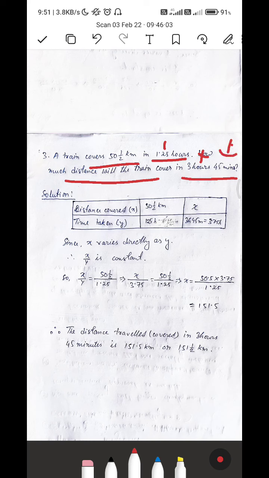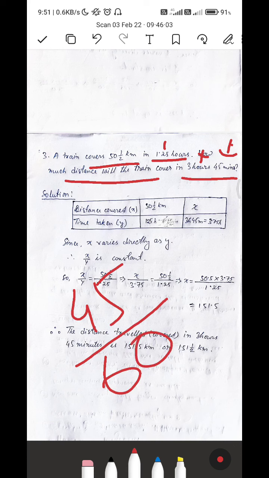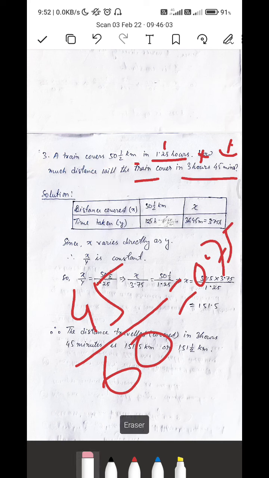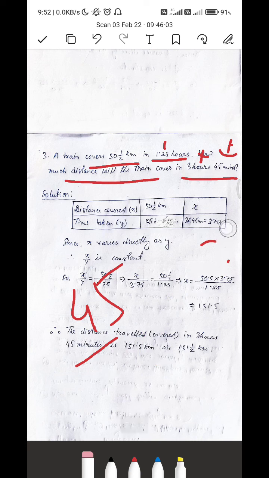Now how to convert that? We have 45 minutes, right? And in 1 hour, how many minutes are there? 60 minutes. You just perform this calculation, this will give you 0.75. So 45 minutes is equal to how much hour? It is 0.75 hour. Okay,